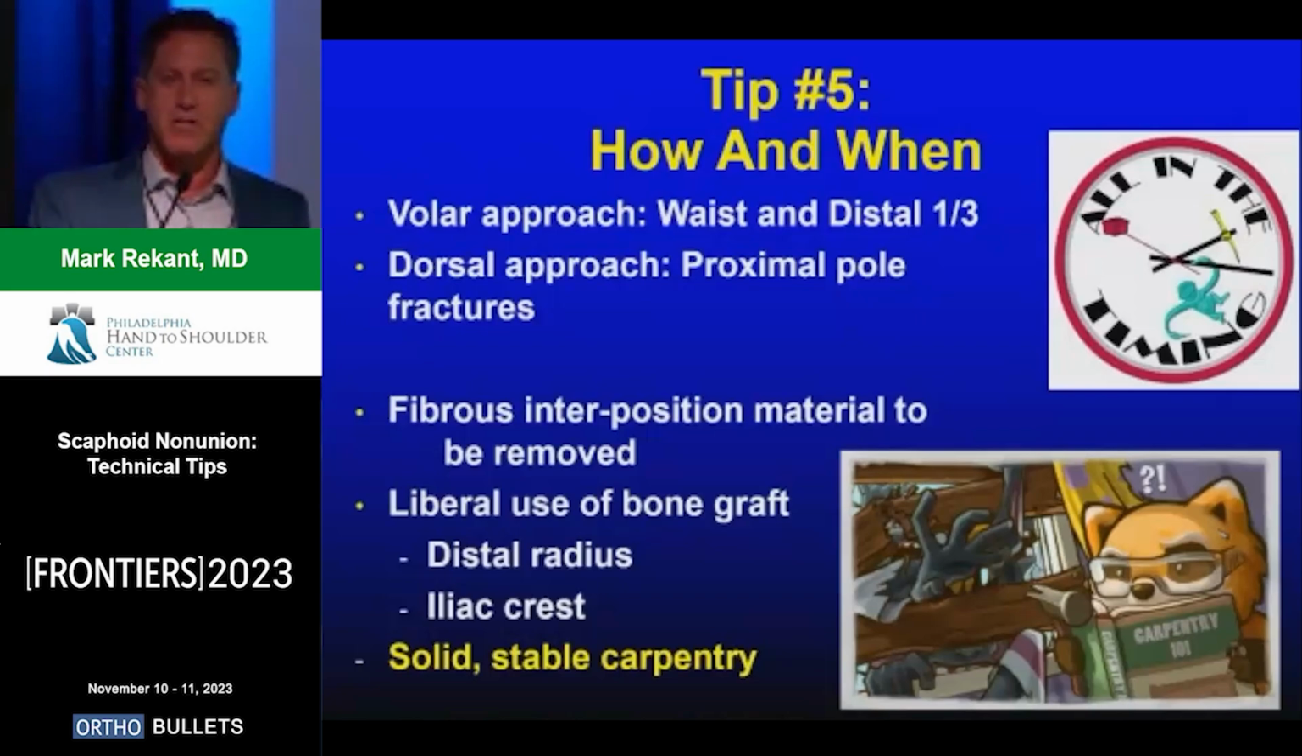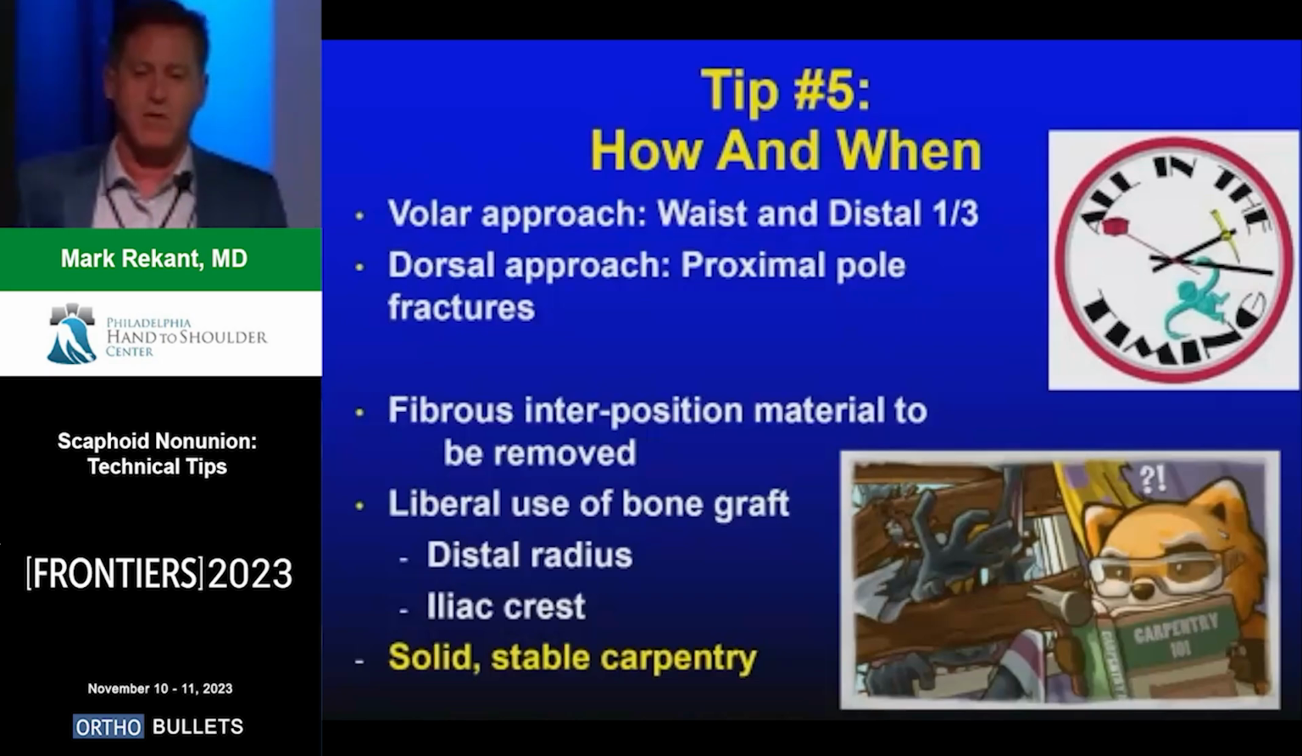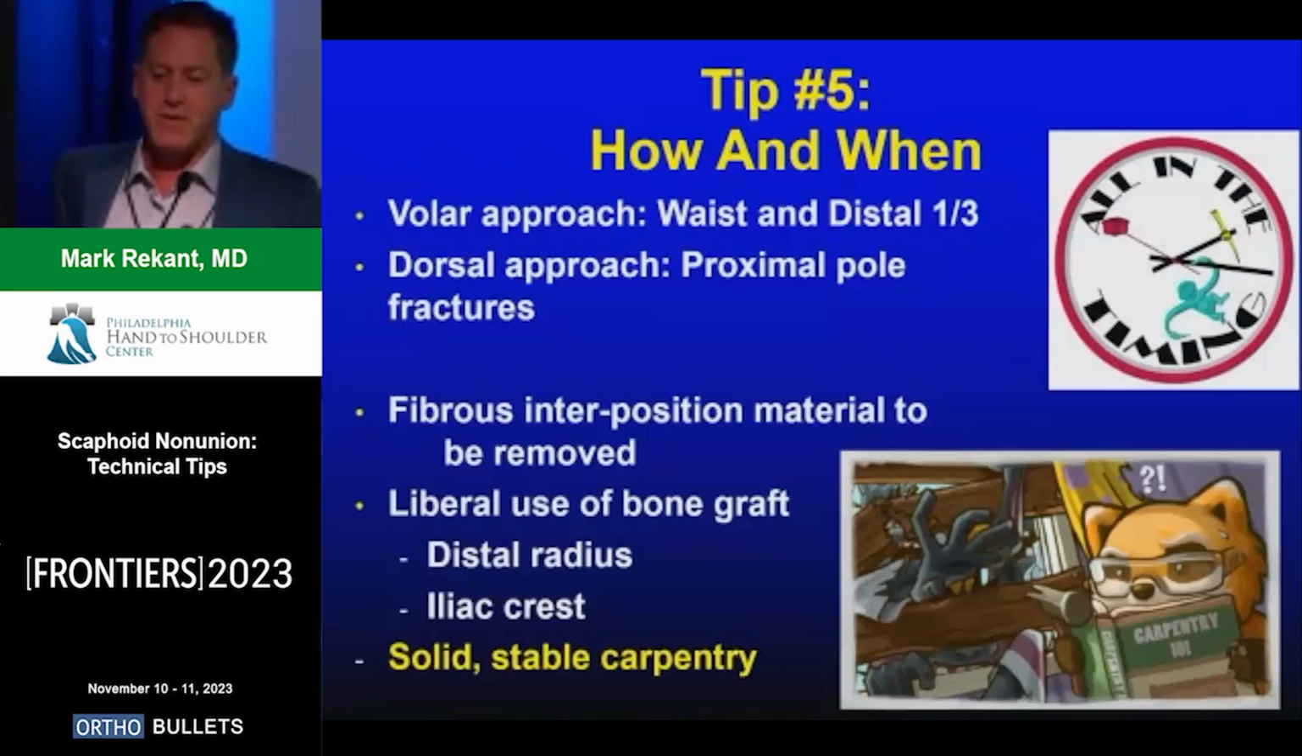It's very hard to see the distal scaphoid if you're going dorsally. The other tips and tricks is obviously you have to remove all the fibrous material. We'll hear later with nerves, if you leave scar, then the body just can't heal through scar. Liberal use of bone graft, I think, is key, whether it's from the distal radius, olecranon, iliac crest, which I've gotten away from. And Scott Wolf and others have taught us that the real key to this is solid, stable